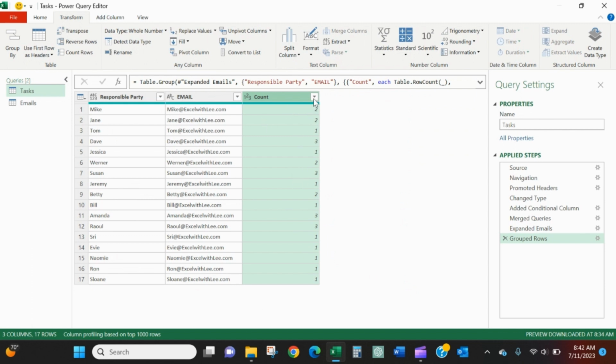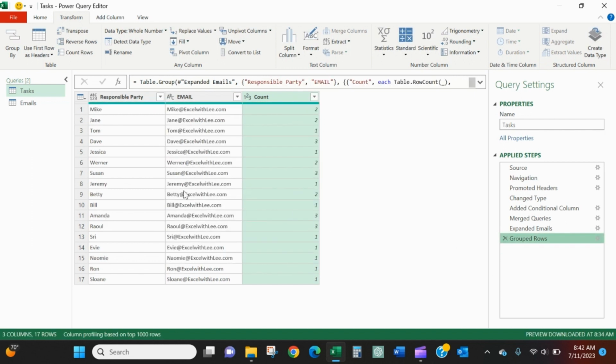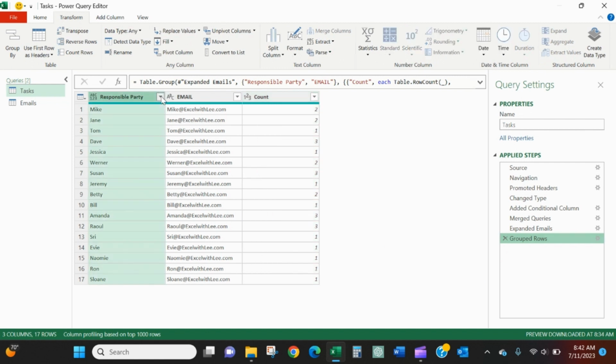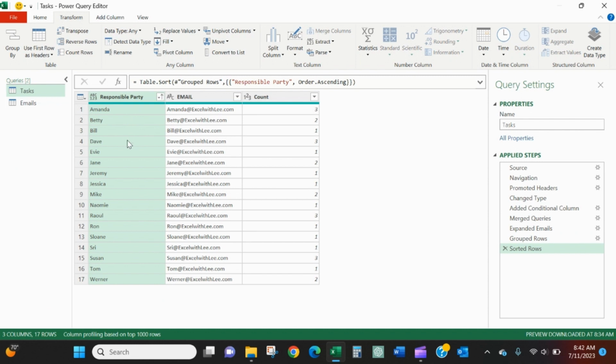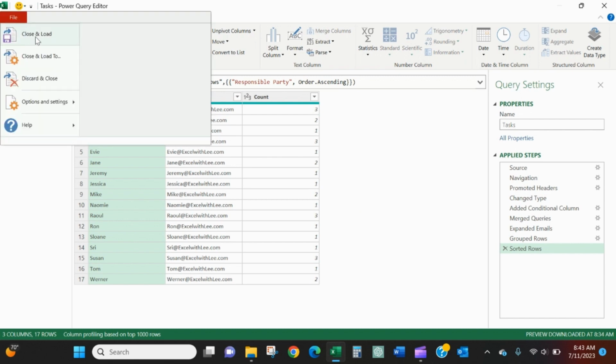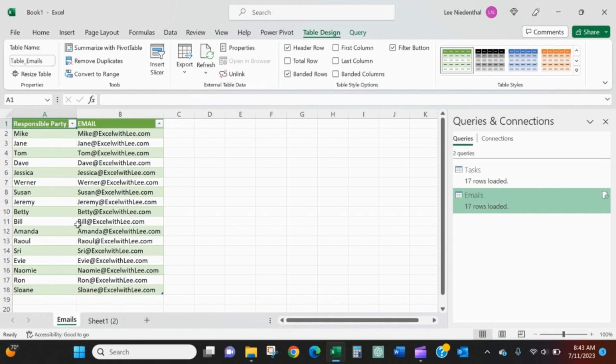You can then order this, most outstanding to least outstanding. But typically we'll order this just alphabetically so that people can easily go in and pick out, hey, I'm Raul, I have 3. That's it. We will close and load, and then we'll see that this email is going to get returned,